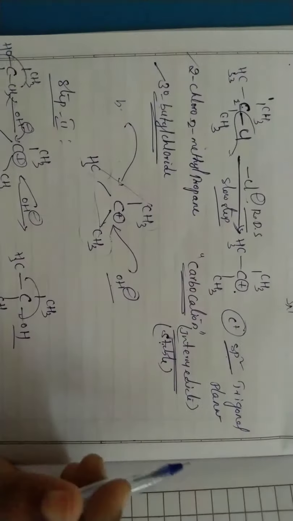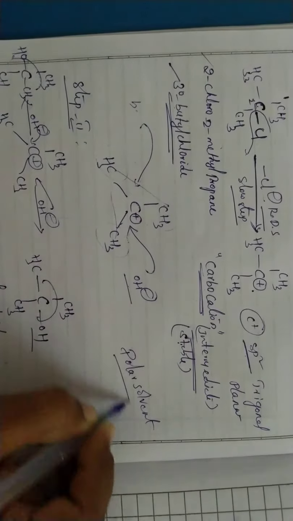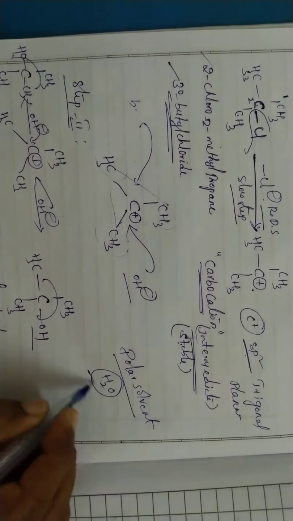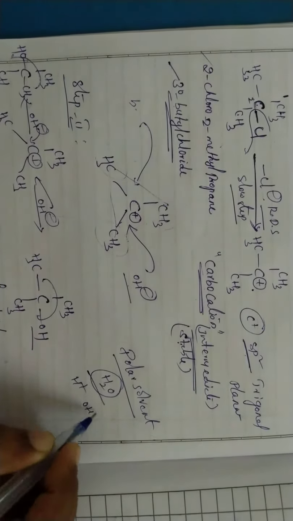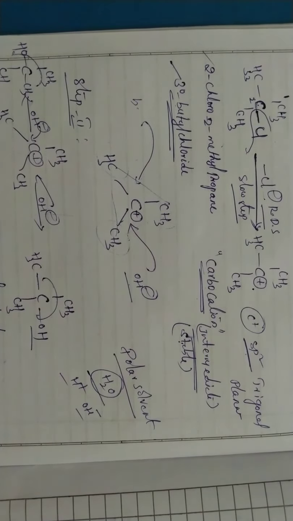And this SN1 reaction proceeds through a polar solvent. We are taking water here. Water is always a polar solvent. Polar is nothing but which produces charges. The water can exist as H plus and OH minus. So those which produce charges or poles are called polar solvents. So H2O can be present as H plus and OH minus. So the SN1 reaction proceeds through a polar solvent. This is about the SN1 reaction. Next we'll see the mechanism of SN1 reaction.